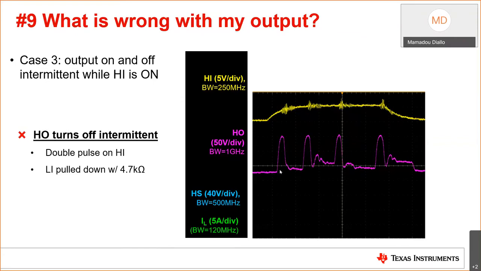You expect the HO to saturate to the gate drive voltage. So once it pulls up to the gate drive voltage, we expect it to be really high throughout and essentially fall off after the HI command goes low. There is a little bit of noise on the HI, but for this case, that is not the reason here. As you see, the HO has an intermittent turn off, going high and low throughout the high pulse on the HI.